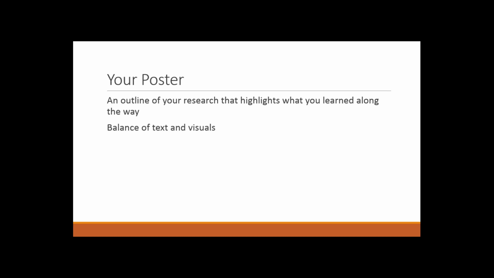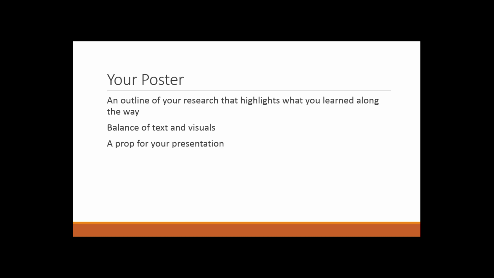You want to think about also trying to have a balance of text and visuals. I'm sure some of you have seen these wall of text type posters before, and they aren't always the most enticing for audience members to come and look at. Part of it is simply attracting people's curiosity. So you do have to think a bit about trying to make something that's visually appealing to a certain extent. Well, it's important to have text, and it's very useful to have visuals. You want to not lean too heavily on one or the other.